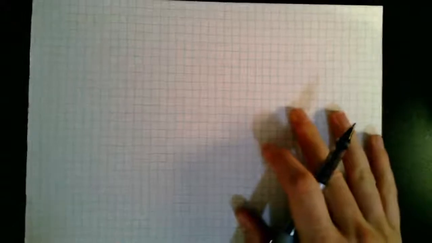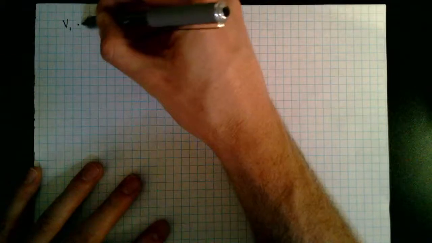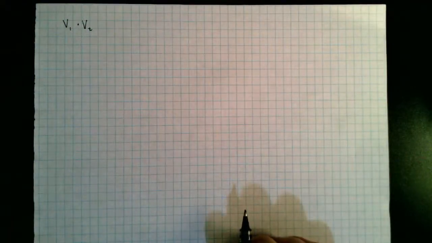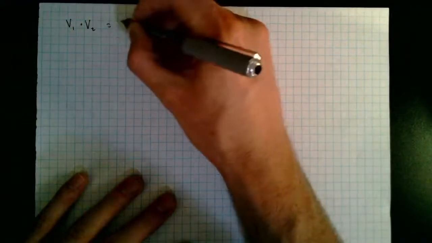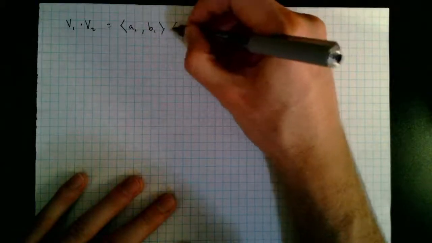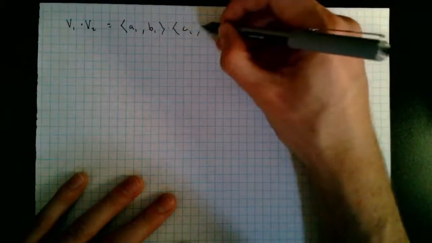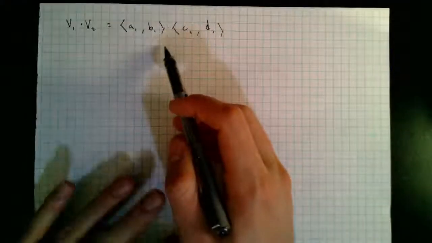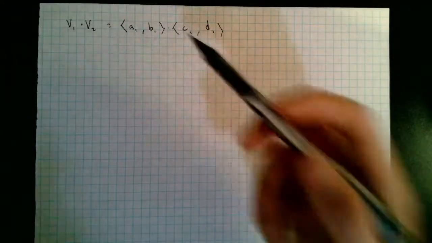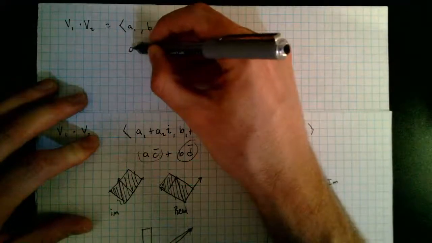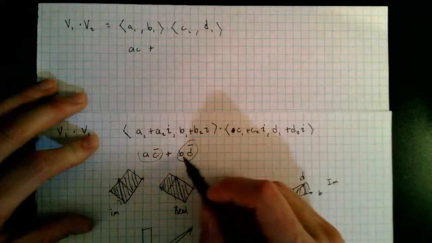So if we have v1 dot v2, and they're real, then we have a1 comma b1, and then c1 comma d1, right? So we're actually going to do the same thing we did, and I'll bring this over here just so you can see. So we want AC plus BD,